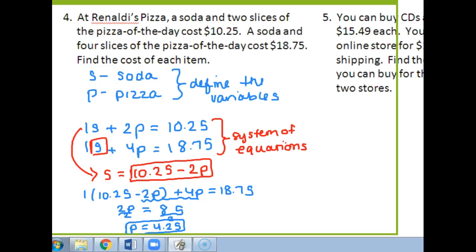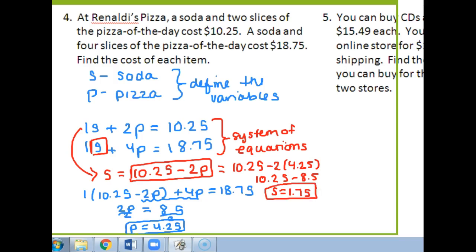But I need to know how much a soda is. So we're going to plug that p-value back in. You get 10.25 minus 2 times 4.25, which is 10.25 minus 8.5. So 10 minus 8 is 2, but then you're taking away that 50 cents from 25. So one soda costs